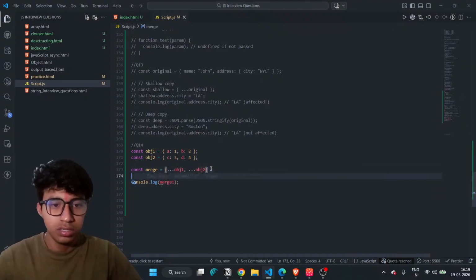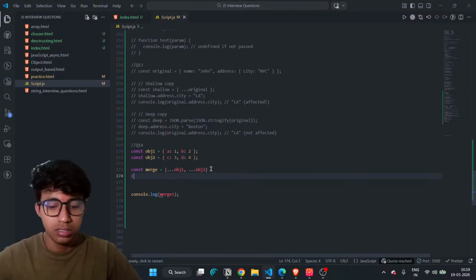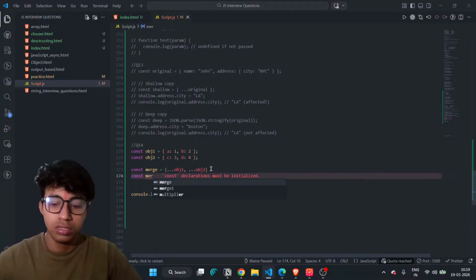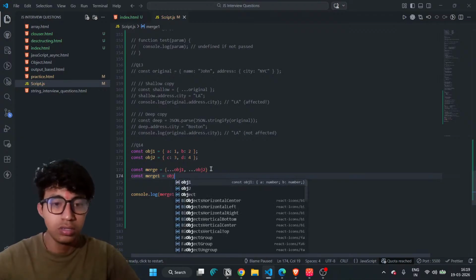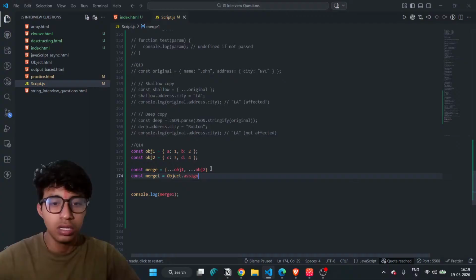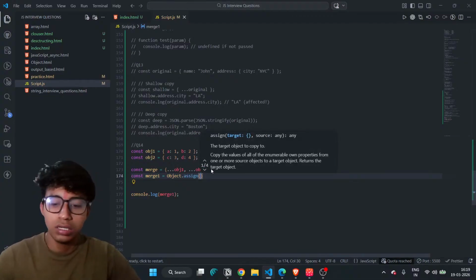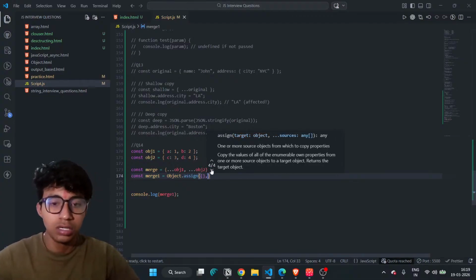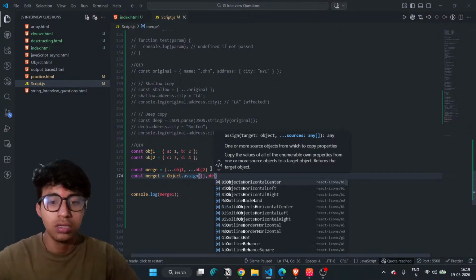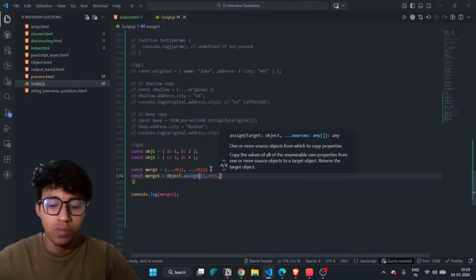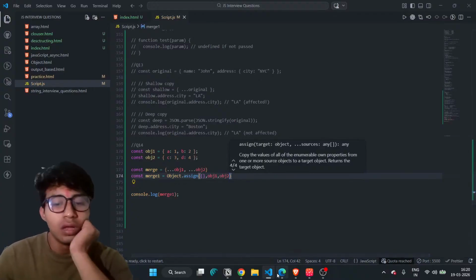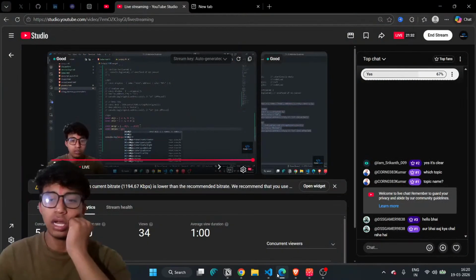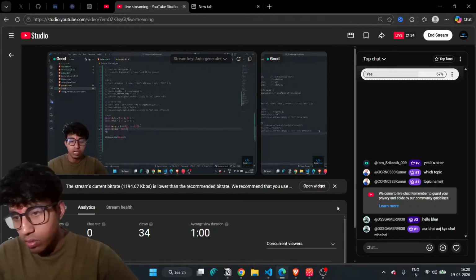Merge one, Object.assign, obj1 comma obj2, and go to their screen.